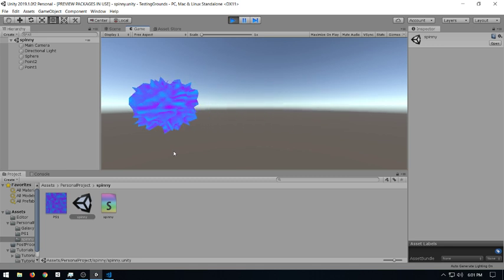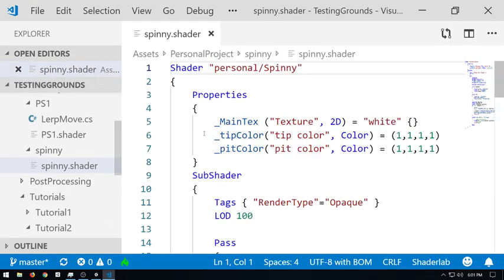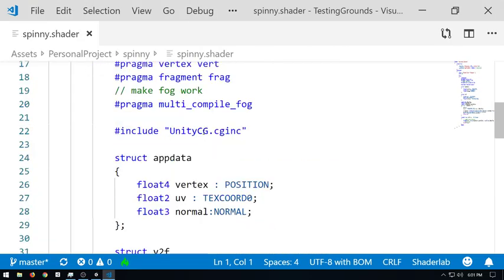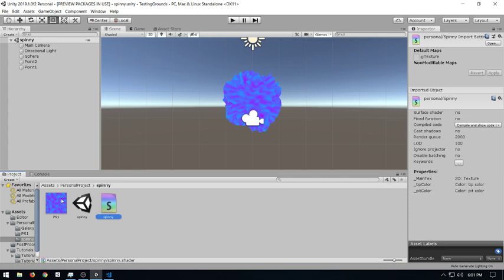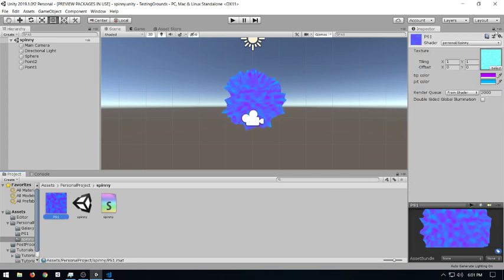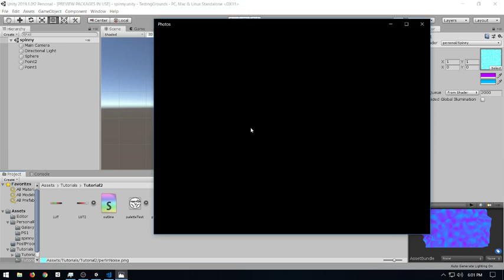How does it work? Thank you, Oscar. You're saving my life. Only one that cares. Not that everyone else doesn't. So the way it works is that I have a main texture here, which is using Perlin noise. Let me select that. I'm going to explain more about Perlin noise in the future, the future being in like 20 minutes.